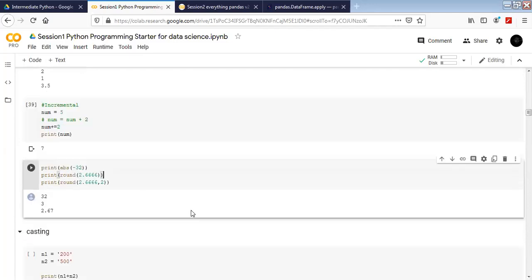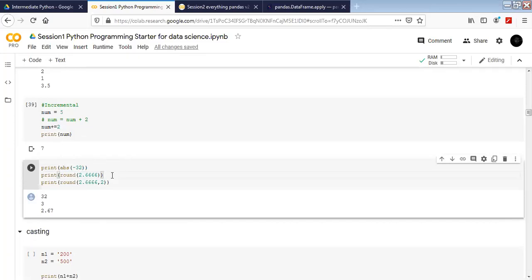Okay, a few more operations on floats, or the integers, we will try to see. There are a few functions which we are going to use extensively. One is absolute. Absolute is going to give us the absolute value, which is basically the positive value, right? Then we have round. It's going to give us the rounded value. It's going to be upper ceiling or lower ceiling, doesn't matter. It's going to take care of it automatically.